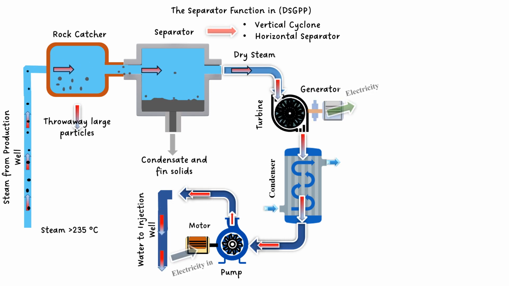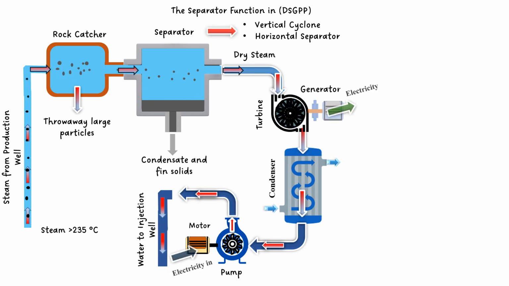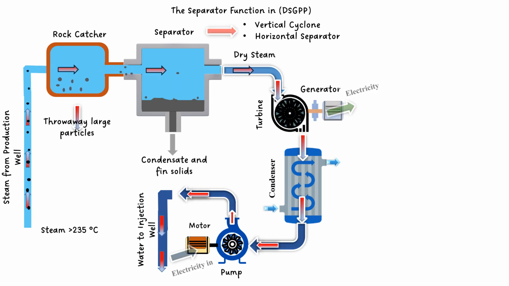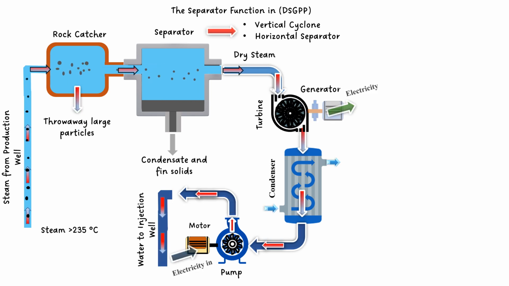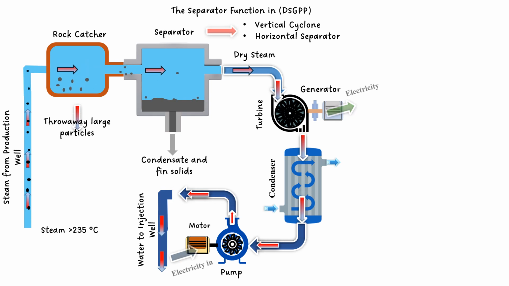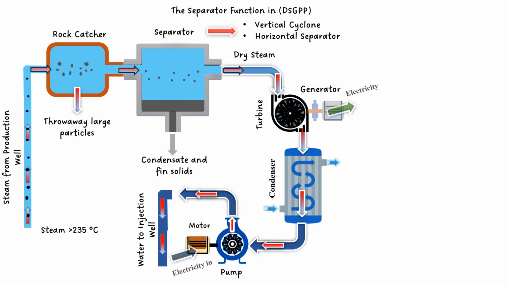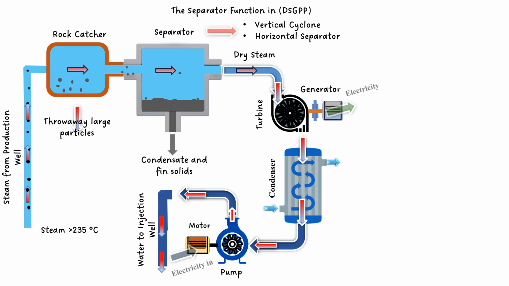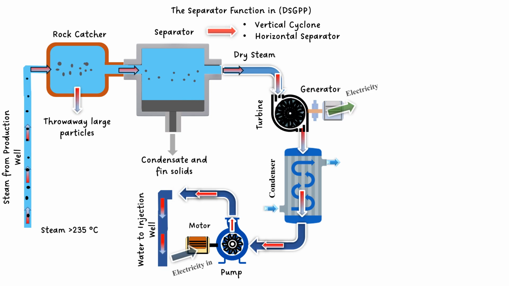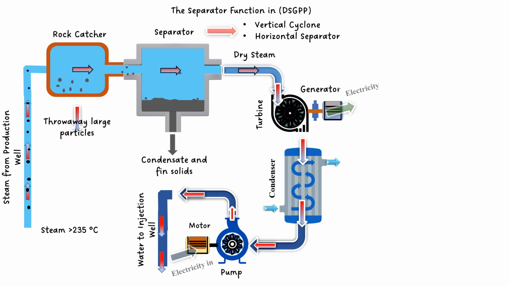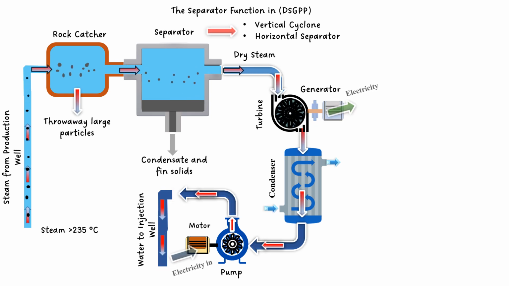Then it passes through a separator where the fine solids can be separated from the steam stream, and some of the condensate will accumulate at the bottom of the separator, which can be withdrawn to be returned to the injection well,